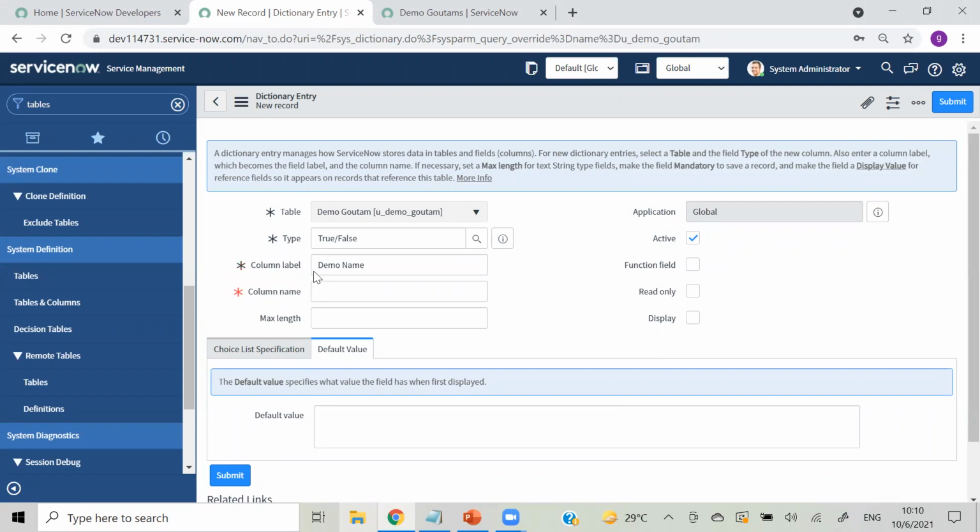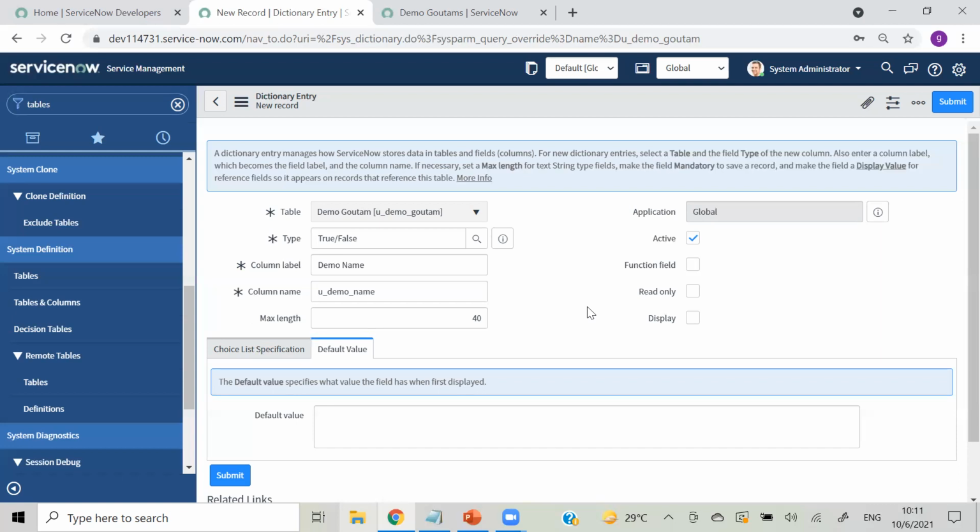You can see the column name is coming by default, and I can give the maximum length, like I say 40. So it will take a maximum length of 40. If that exceeds 40, it will stop there. Like I have given some paragraph, it will take only till length 40.